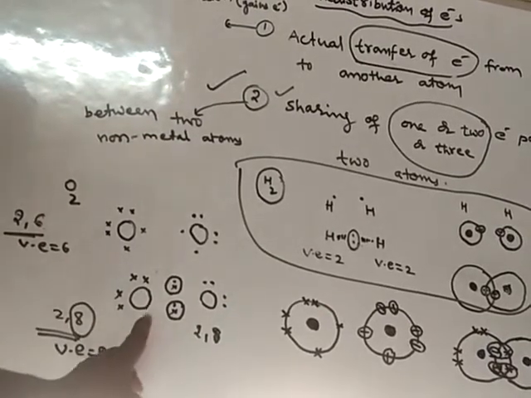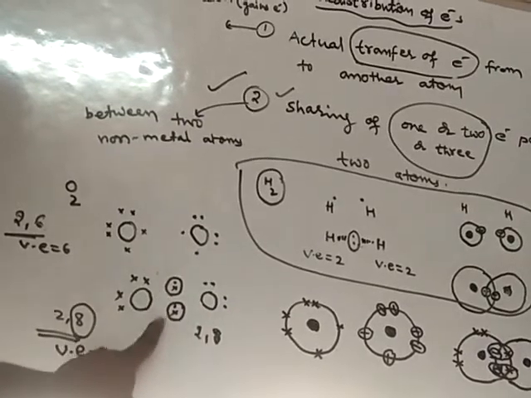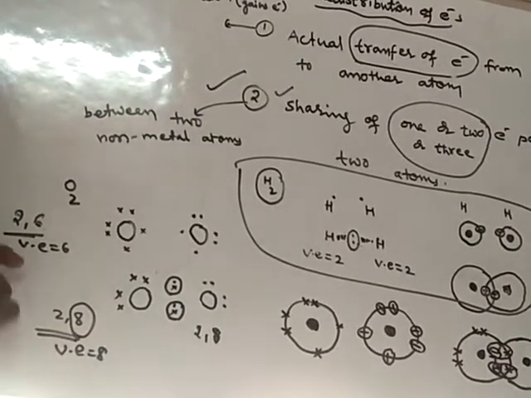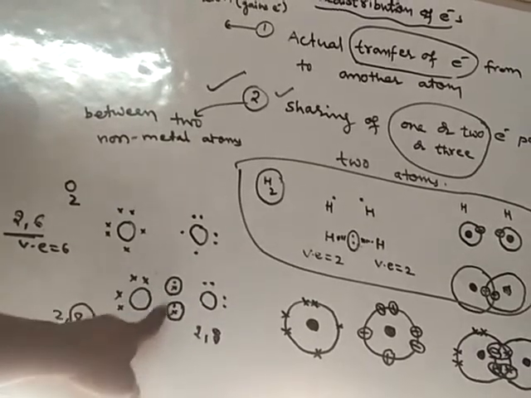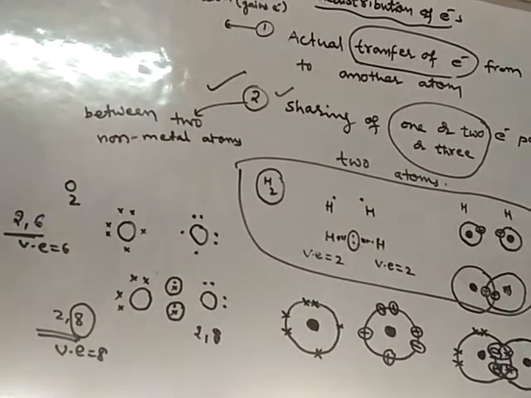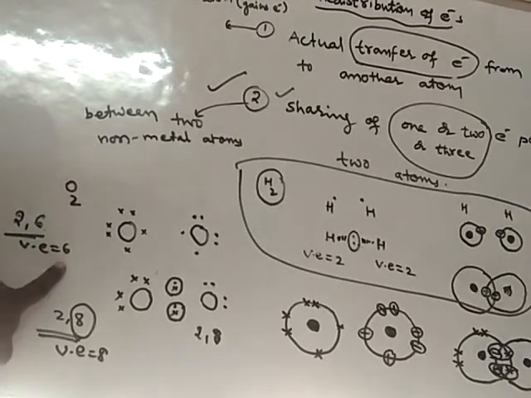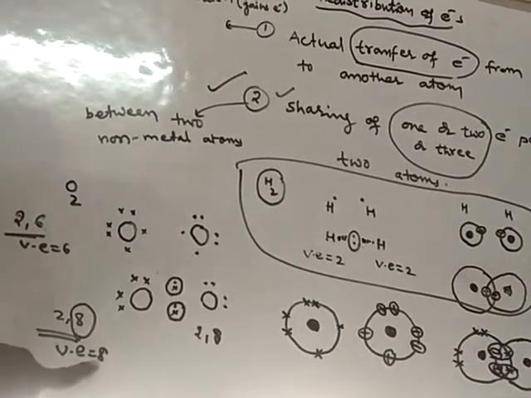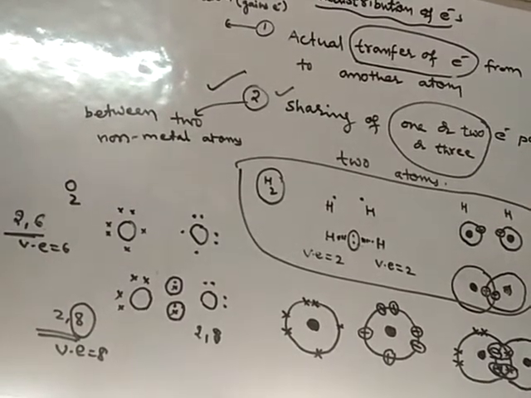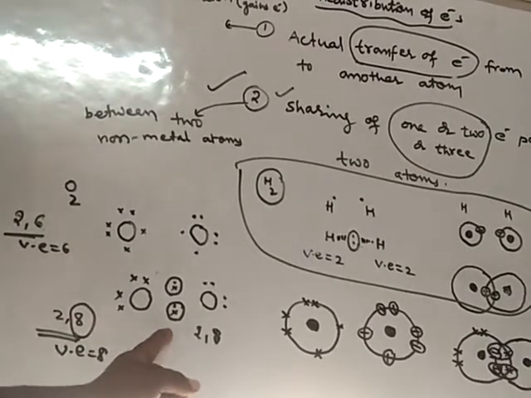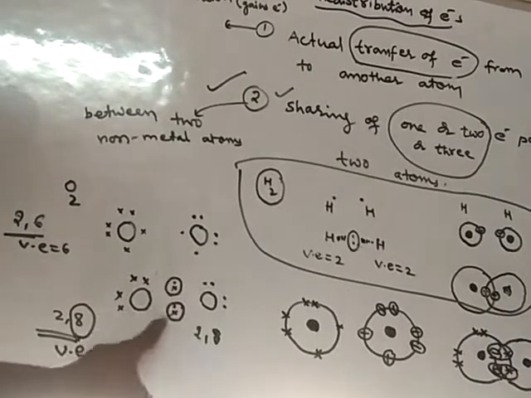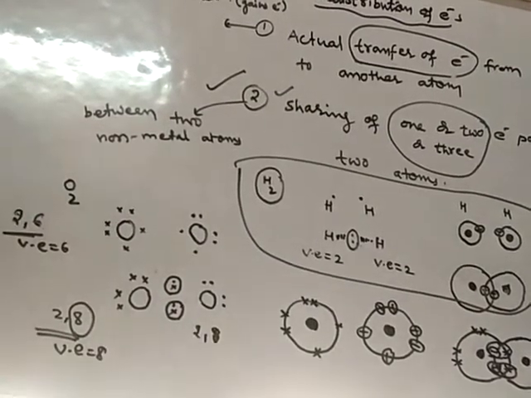So whenever atoms share electron pairs between them, what happens? This type of sharing will lead to the redistribution of electrons. So each oxygen from this state is turned into this state. Before redistribution, oxygen is having 6 valence electrons, but after redistribution, 8 electrons in its valence shell have taken place. And here the redistribution method is sharing of electrons. So here two pairs of electrons are shared by both the atoms. So in this way, sharing of electrons